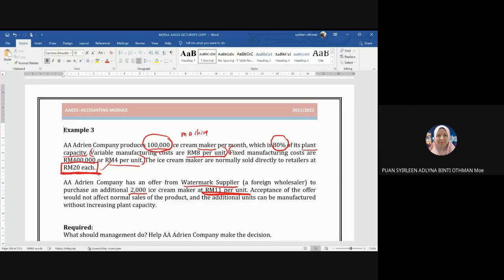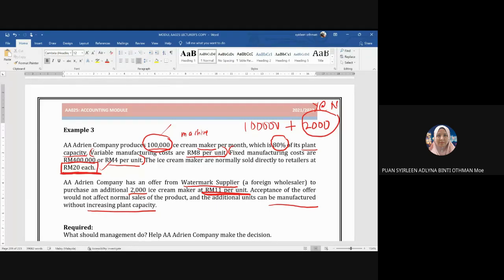So maksudnya 10,000 ni masih jalan macam biasa. 100,000 ni masih jalan. Lepas tu kita nak decide whether or not to produce additional 2,000 unit. Nak ke tak nak? Ni yes or no. Alright, so acceptance of the offer would not affect the normal sales, and additional units can be manufactured without increasing plant capacity. Okay, so syarat yang pertama